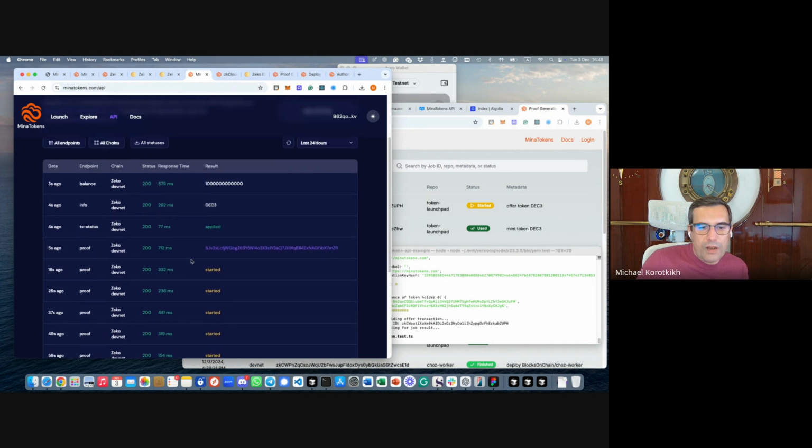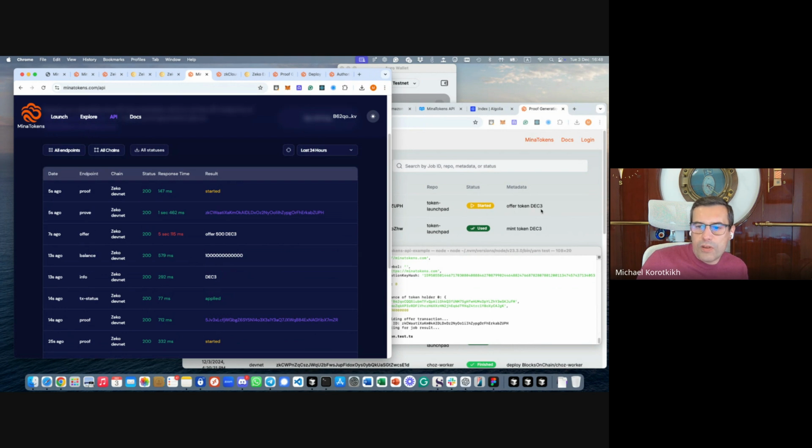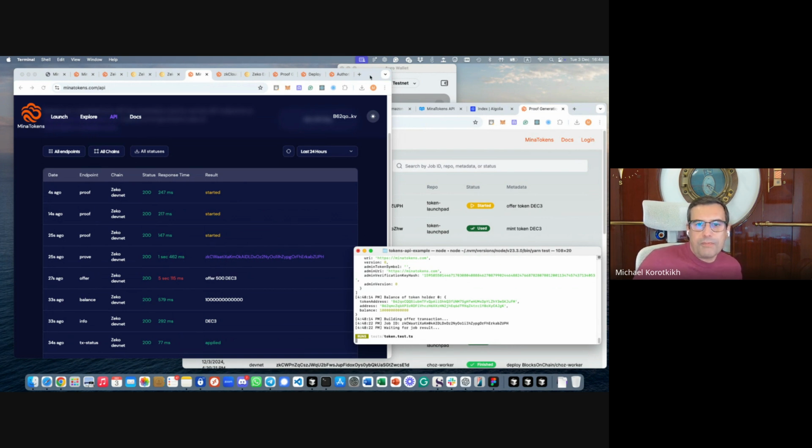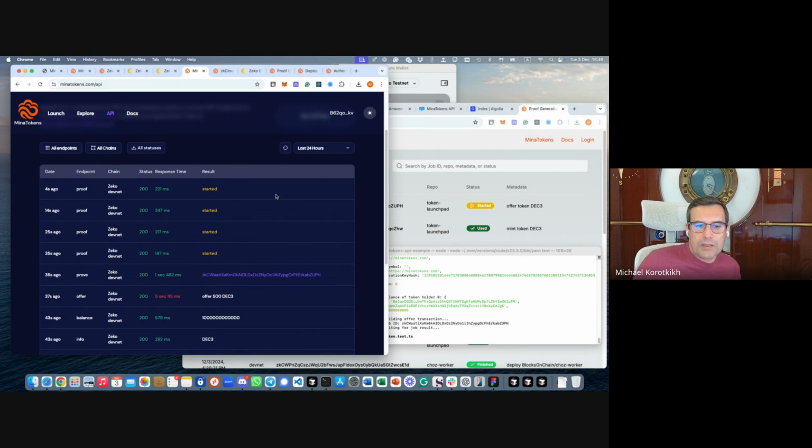Now we have the situation. We see that the offer job is started, so the offer contract is being deployed right now. So the user decided to offer 500 tokens. The transaction was built in 5 seconds. The proving job started, and now the test code is waiting for the job to finish. Because the offer contract is quite big, it takes a little bit more time to finish proving. And that's basically how it works